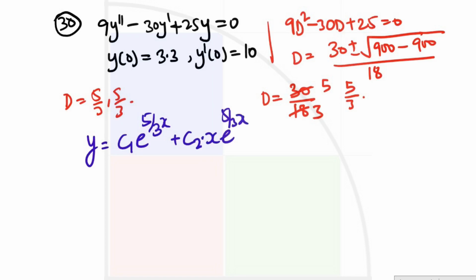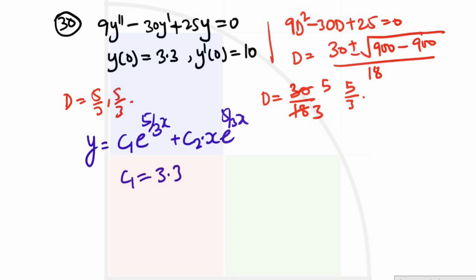Let us use the initial condition at x is equal to 0, y is equal to 3.3. So we can write c1 plus c2 is equal to 3.3. Not c1 plus c2, sorry. This x 0 will make it 0, this will not be there. So we can straightforwardly get c1 is equal to 3.3,